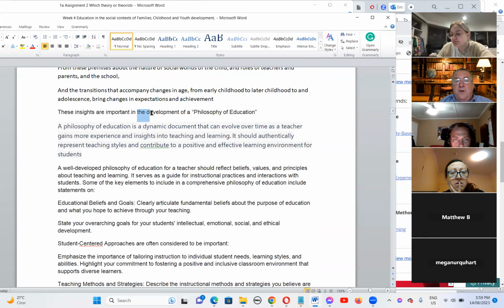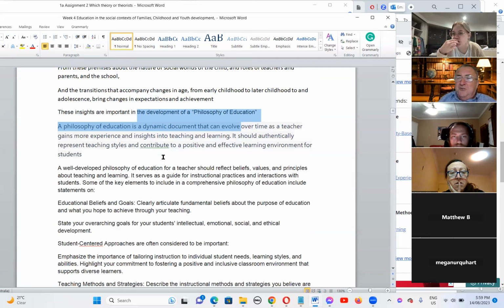This can be part of your philosophy of education, as I've mentioned. A philosophy of education is a dynamic document that develops over time. You could write some notes down there. You could prepare the resume that one day you'll hand out. And when you apply for a school teaching job, they'll often ask, what is your philosophy of education? To which you'll reply, what is the philosophy of education you want?